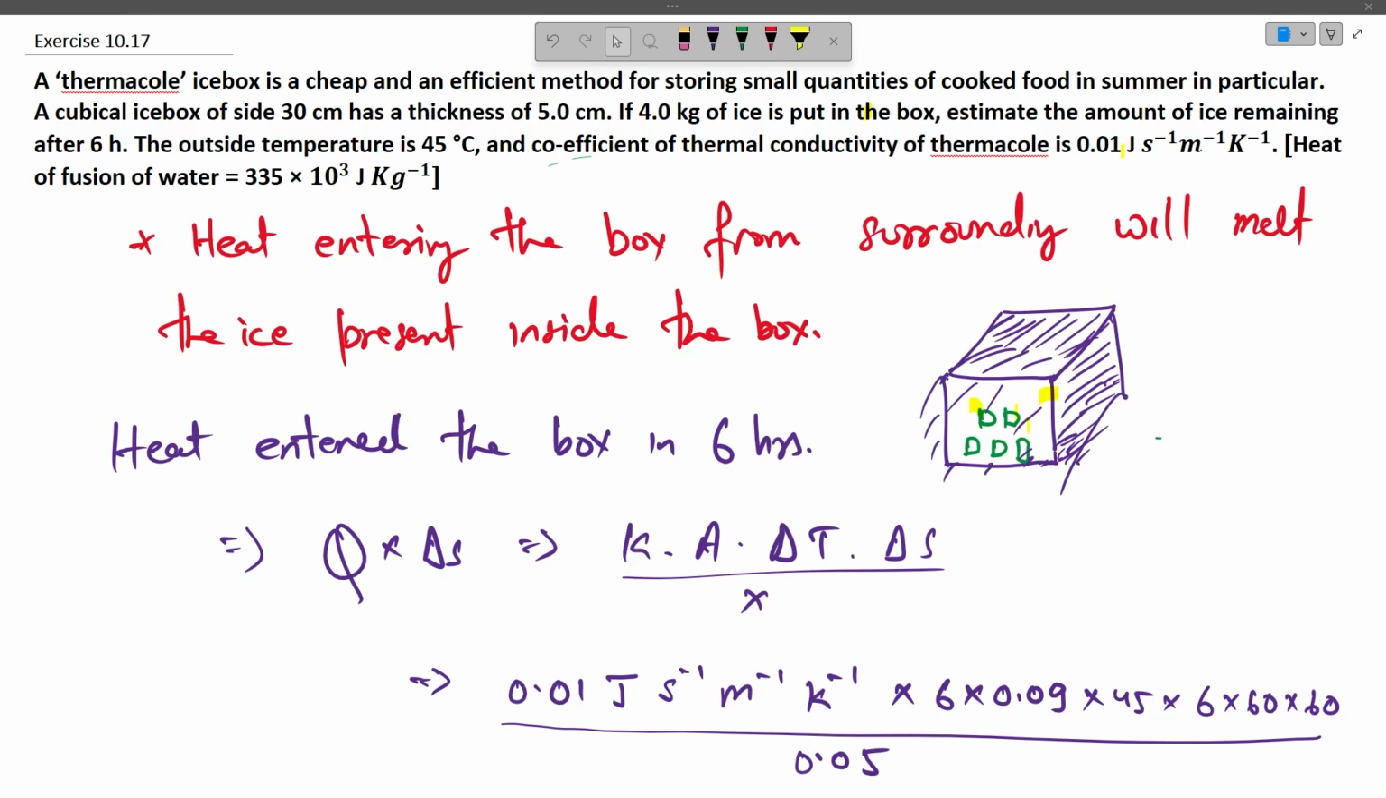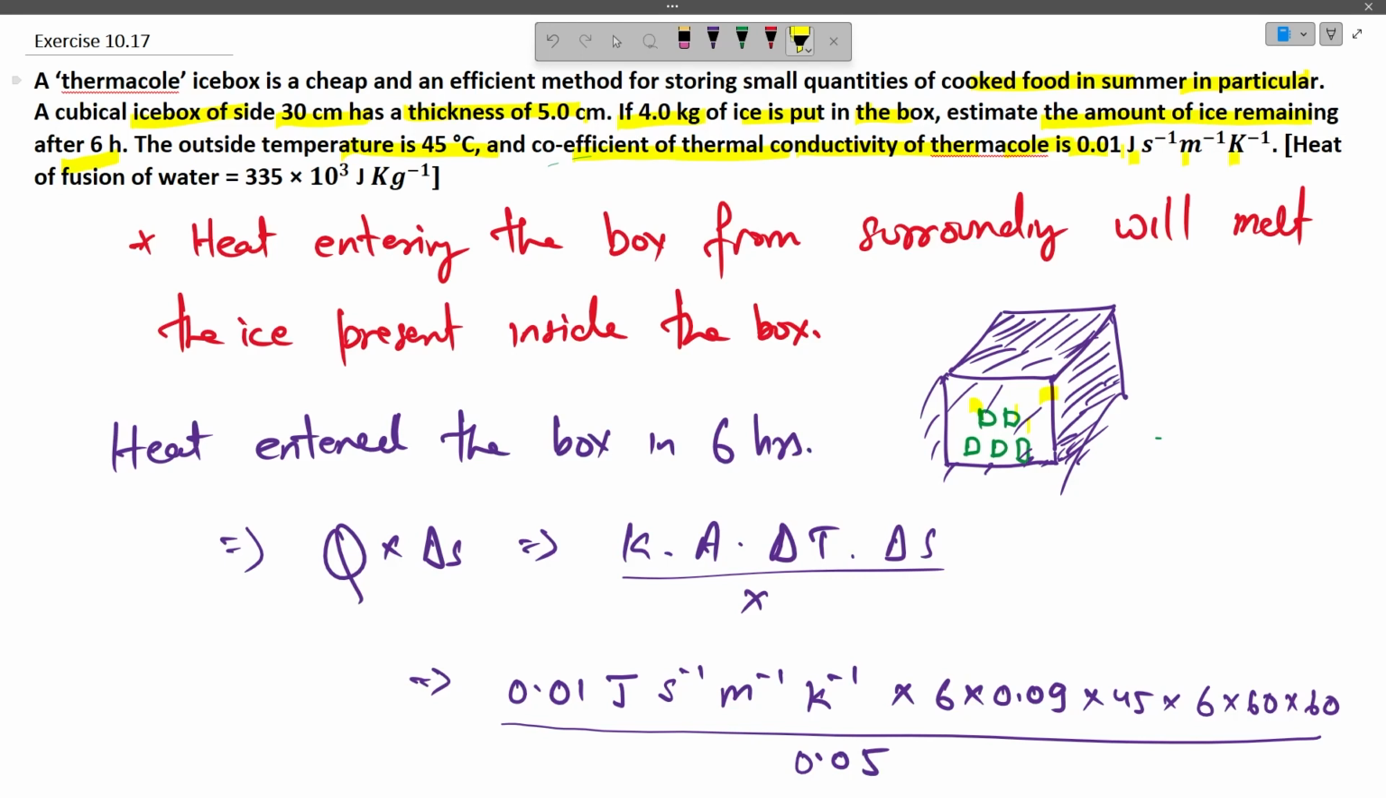The question says that a thermocol ice box is a cheap and efficient method for storing small quantities of cooked food in summer. In particular, a cubical ice box of side 30 cm has a thickness of 5 cm. If 4 kg of ice is put in the box, estimate the amount of ice remaining after 6 hours. The outside temperature is 45 degrees centigrade and the coefficient of thermal conductivity of the thermocol is 0.01 joule per second